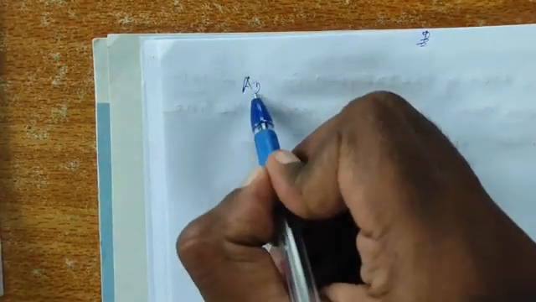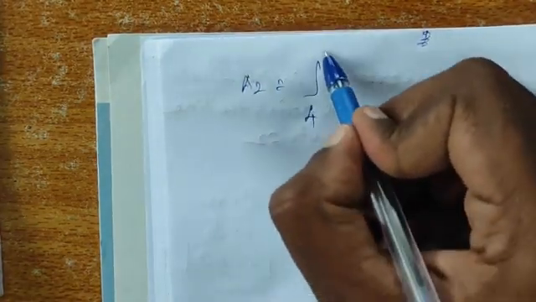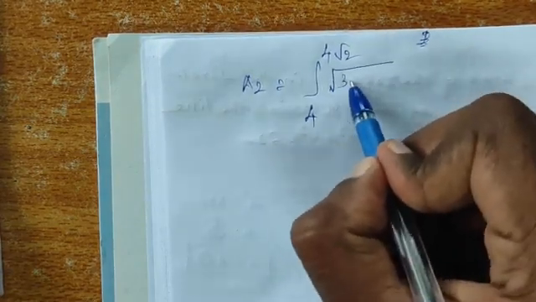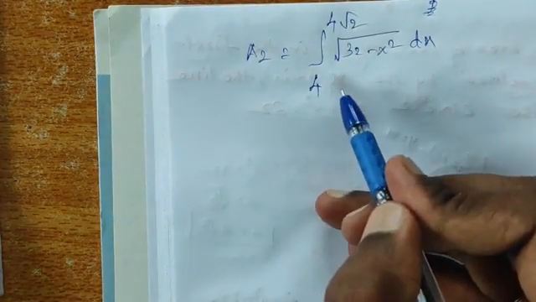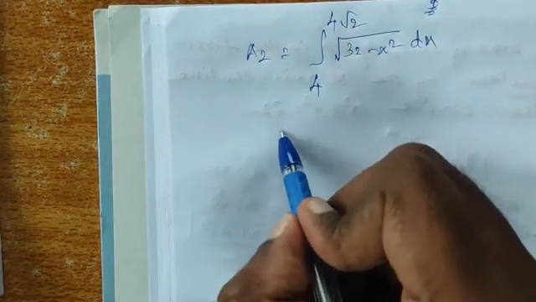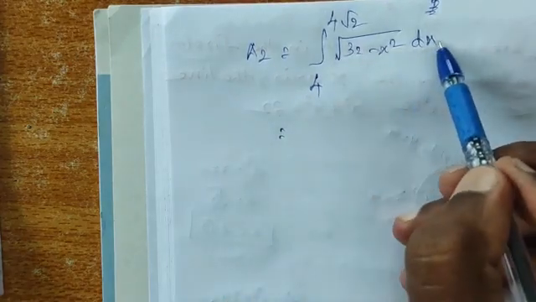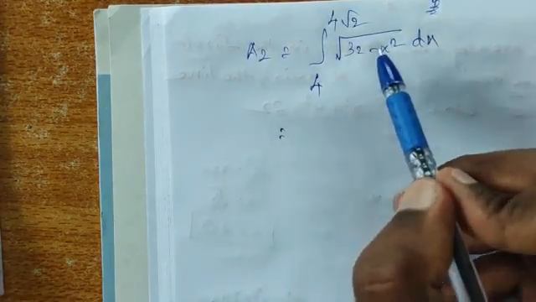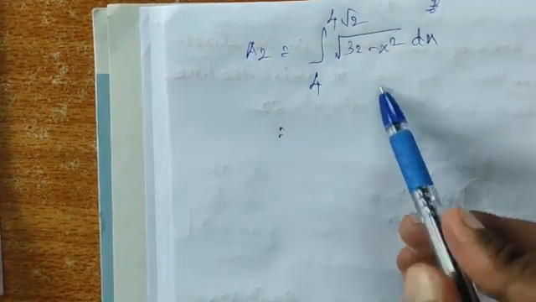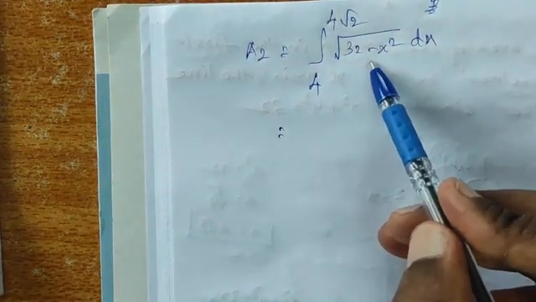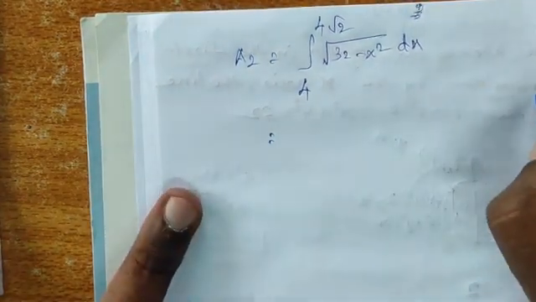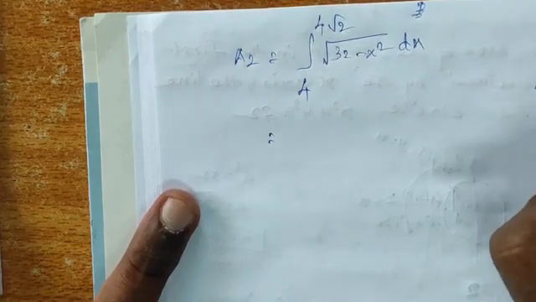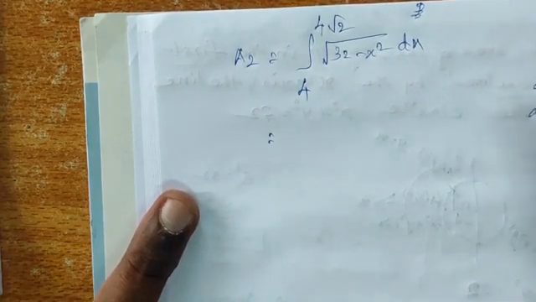Now we can find the area A2. So A2 is equal to integration 4 to 4 root 2 of root of 32 minus x square into dx. So it is a familiar formula, we are using this formula mostly in all the sums. Integration of root of a square minus x square dx is equal to x by 2 into root of a square minus x square plus a square by 2 into sine inverse of x by a. Therefore here a square is 32, so a is equal to 4 root 2. Already we have written.